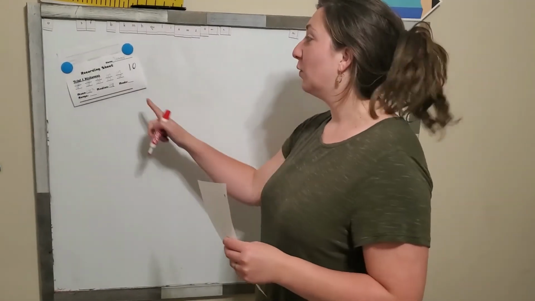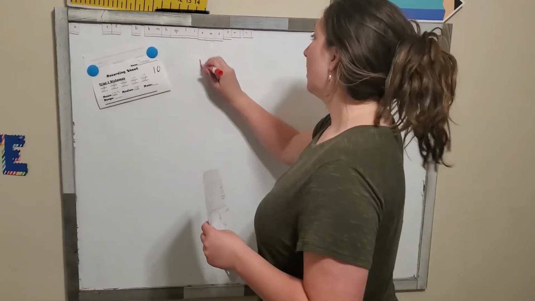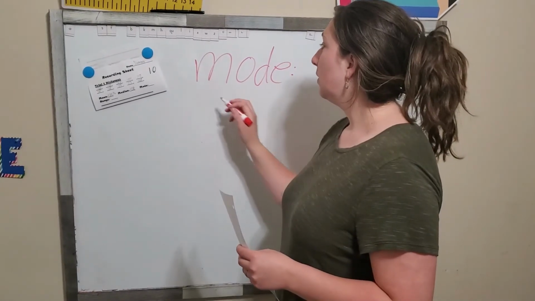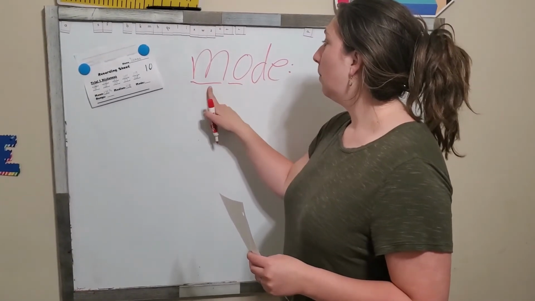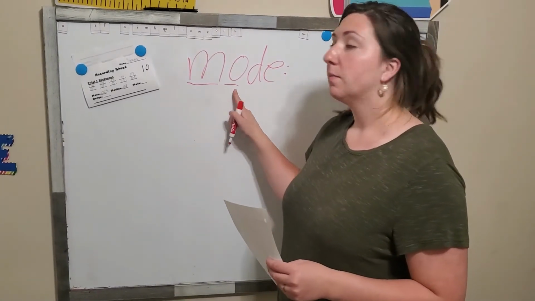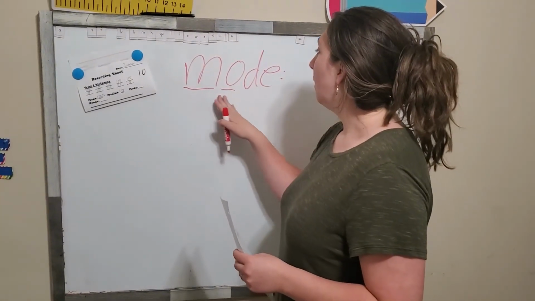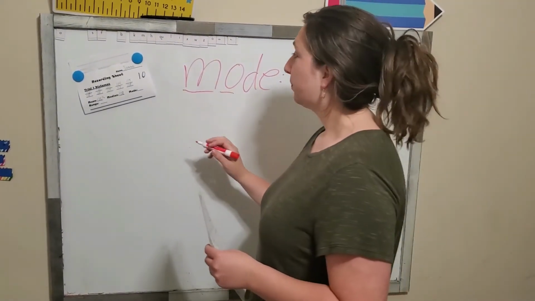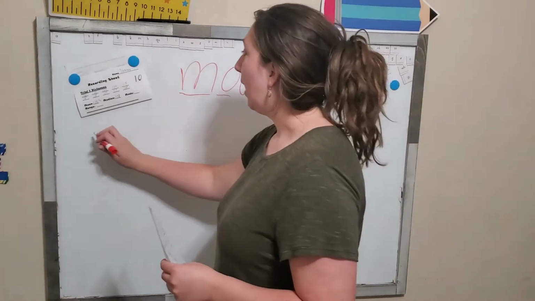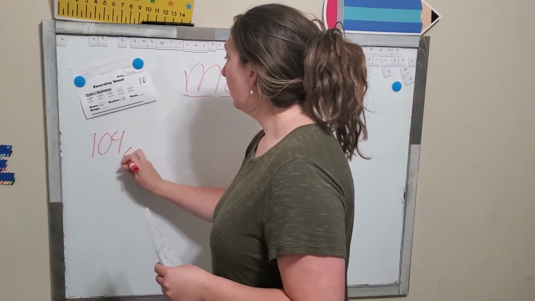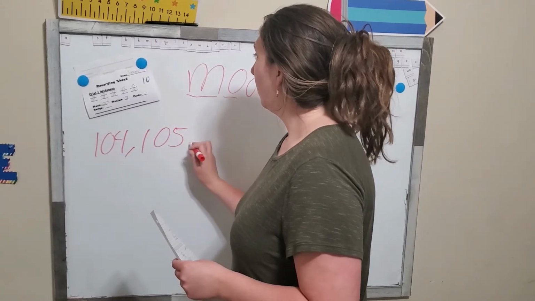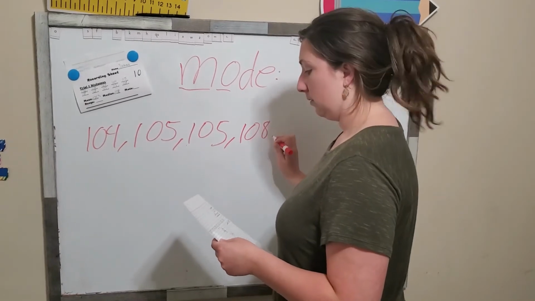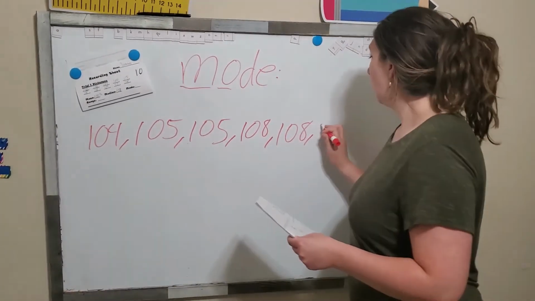Now, class, we're going to look for our mode of our data set. Mode, which is, remember, MO, most often. Okay, that helps us remember. Mode, most often, the number that occurs the most often. Okay, so again, we have 104, 105, 105, 108, 108, 108,